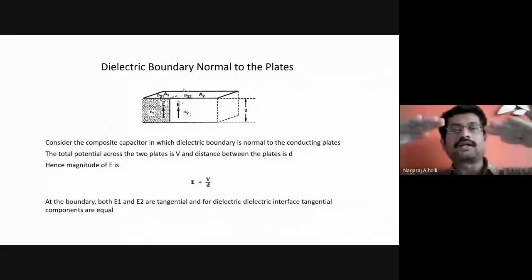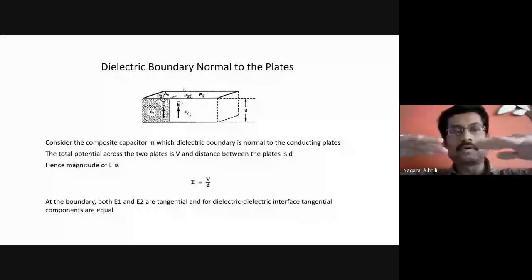So there are two plates like this. This is one plate, A1. This is another plate, A2. They are split into equal parts, A1 and A2. In between there is a boundary between A1 and A2. On this side there is A1, and on the other side A2. Then in between we have the boundary between the two parts.